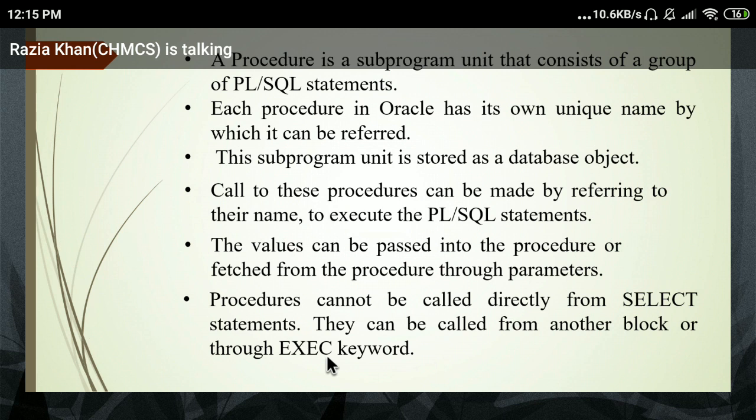The procedure is created for every insert statement. And you can execute this procedure using their name or using the execute keyword or exe keyword. Yes, exe keyword, and you have to write down the name. One by one, we will check how you can create the procedure and how you can execute it.